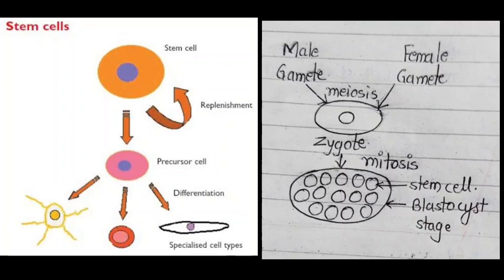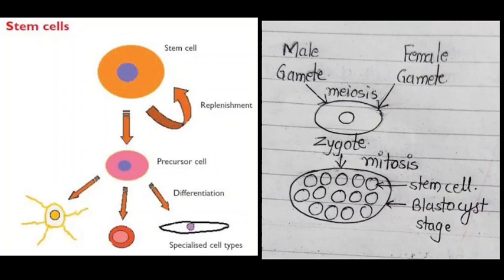What happens actually is that the male gamete and female gamete, which are the sex cells, undergo the meiosis process and then they combine and form the zygote. Zygote is a single cell. We take birth from that zygote only. So this zygote formation takes place from the male and female gamete by the process of meiosis. Now this single cell, that is called a zygote, undergoes the mitosis process.